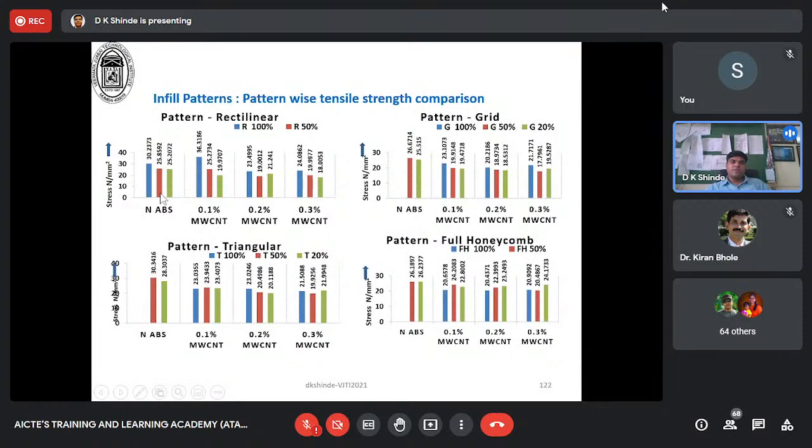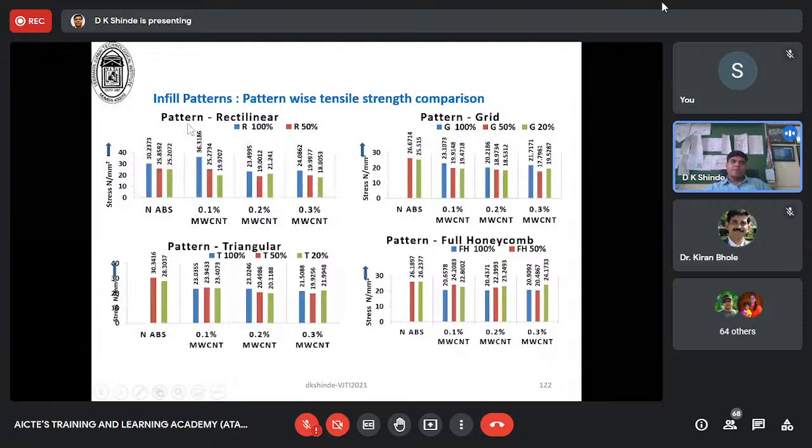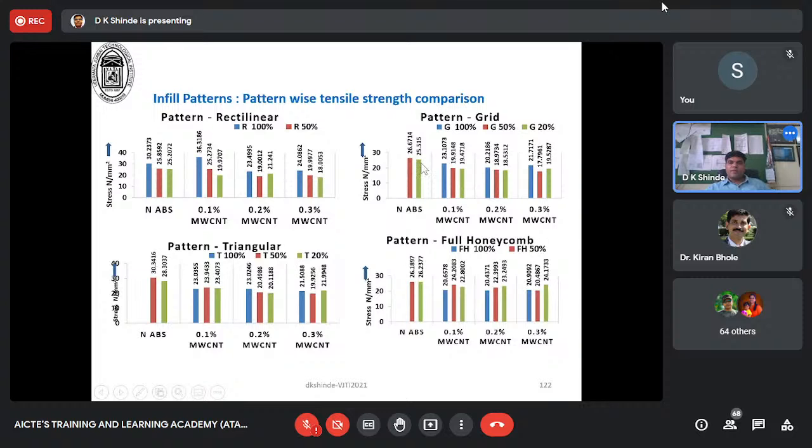Those colors you can see with the rectilinear and rectilinear with 100 and this one. So 50%, 20%, 50%, 20%, it has shown the 36. So similar behavior has been seen in the first category, rectilinear. Same if you compare and see over here, the behavior of the material has been shown. What we see like 50% and 20% dropping, but here again drop in properties has been shown for the grid